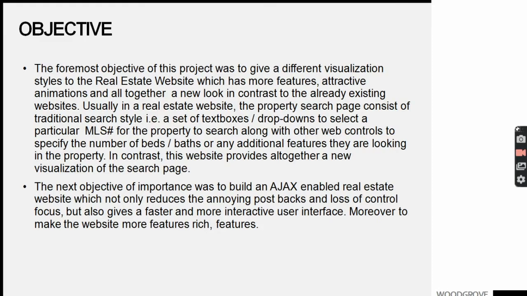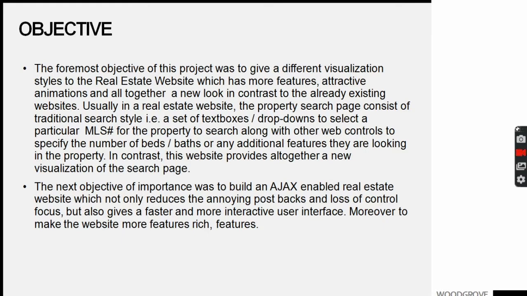The foremost objective of this website was to give different visualization styles to the real estate website, which has more features, attractive animations, and altogether a new look in contrast to the already existing websites. Usually in real estate websites, the property search page consists of a traditional search style, that is, a set of text boxes and drop downs to select a particular MLS for the property to search, along with other controls to specify the number of beds, bathrooms, or any additional features they are looking for in the property.